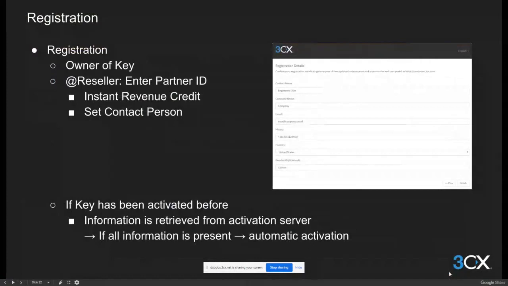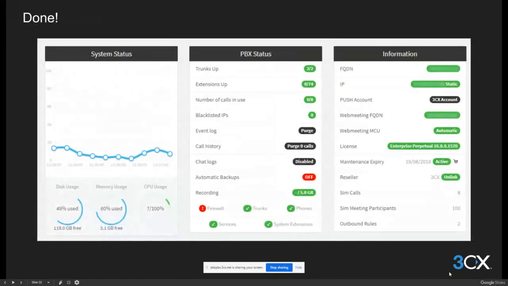So these are the registration details. We need to provide the registration details here: owner key, reseller, partner ID. This is all the information we provide. Once we do the registration, all the phone numbers and these are just the update details for the company information. So once we are done,